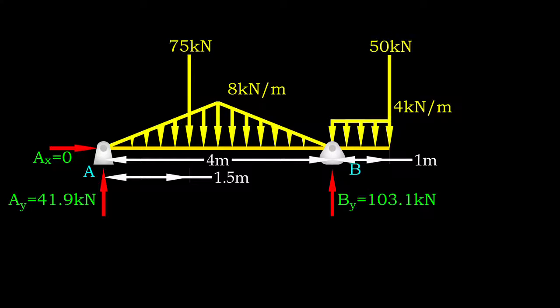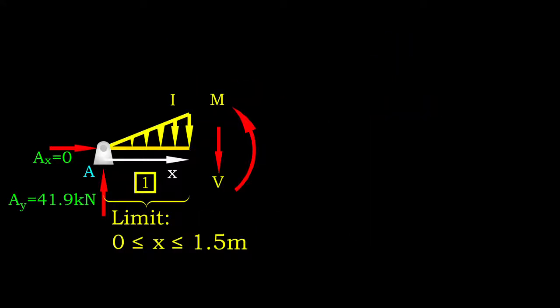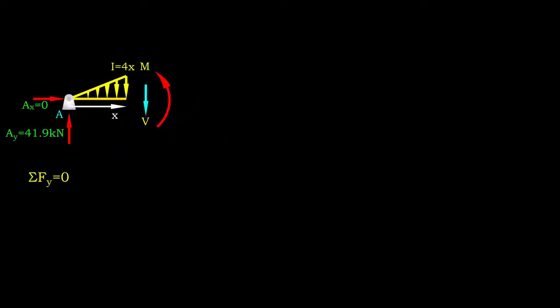Next, we proceed to inspect beam internal forces due to these loadings. We split the beam into 4 segments. For these segments, we expect to see different shear force and bending moment functions. For segment 1, we move from left-hand side to right-hand side. The limit of x is between 0 to 1.5 meter, which means the function we obtain later is only valid